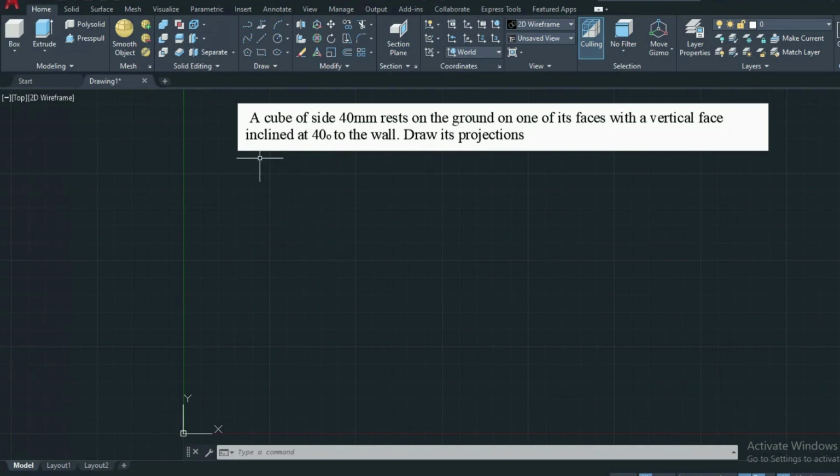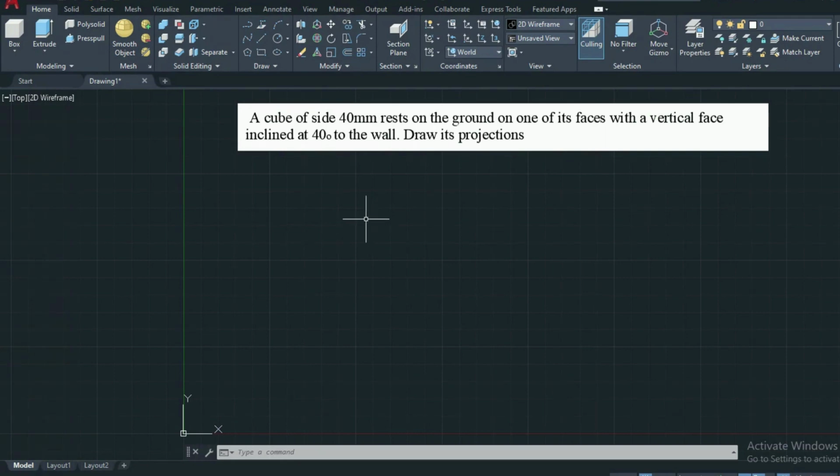So consider as a problem, a solid cube of side 40 mm rests on the ground on one of its faces, with a vertical face inclined at 45 degrees to the wall. Remember, the first step is always to draw the projections based on the axis condition.